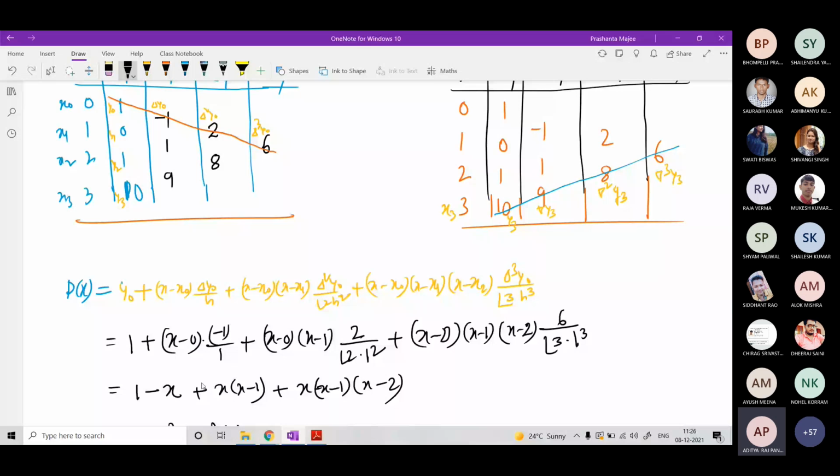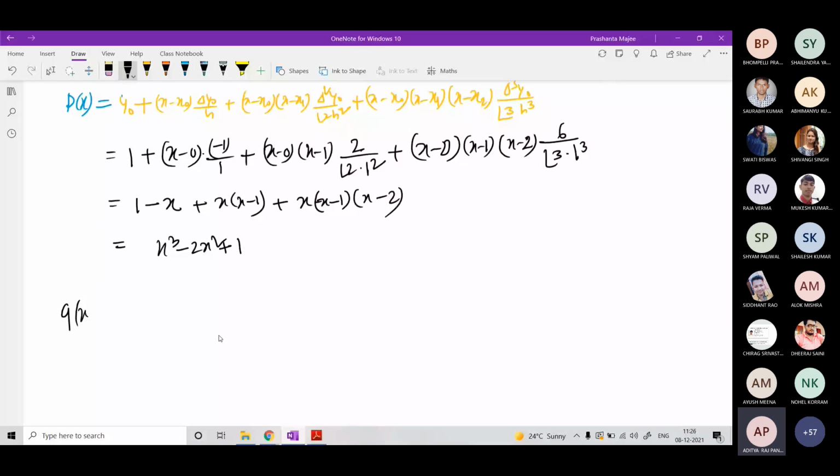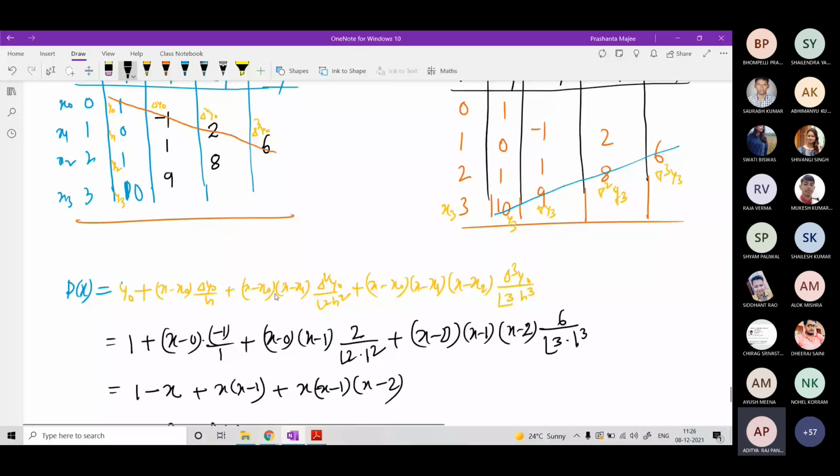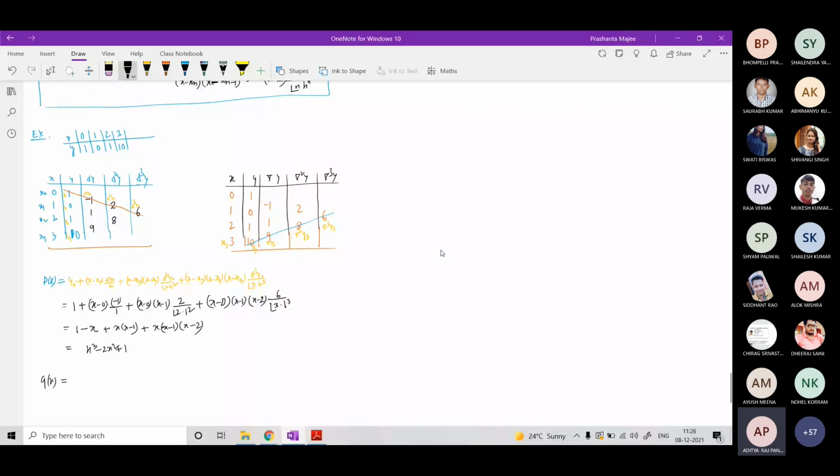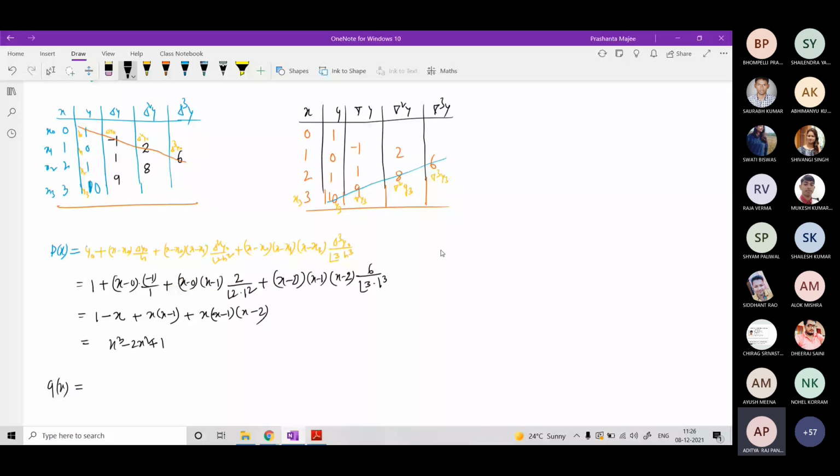Okay, now if you find out the polynomial using backward difference formula, tell me what will be the polynomial. So I'll write down here. Same is coming, sir. Same will come. So first you tell me, let me make it a little bigger. I'll write down here. Tell me what is q of x. So it will start with yn plus nabla yn into (x minus xn) by h. Is it okay?